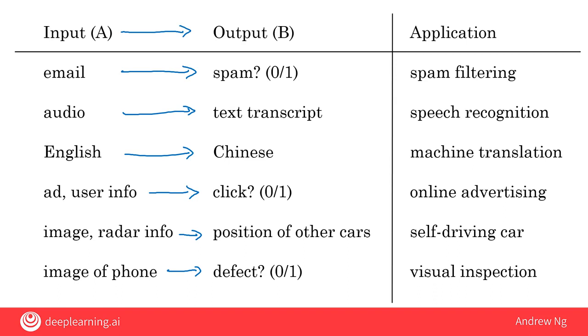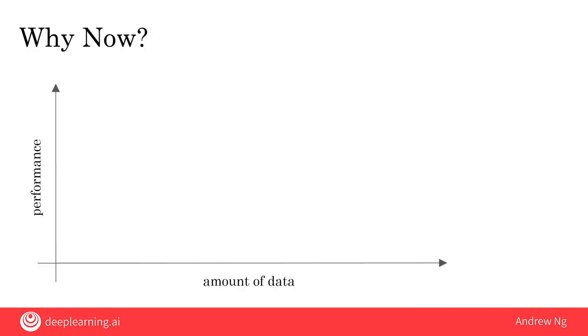And on one hand, input to output, A to B, seems quite limiting, but when you find the right application scenario, this can be incredibly valuable. Now, the idea of supervised learning has been around for many decades, but it's really taken off in the last few years. Why is this? When my friends ask me, hey Andrew, why is supervised learning taking off now? There's a picture I draw for them, and I want to show you this picture now, and you may be able to draw this picture for others that ask you the same question as well.